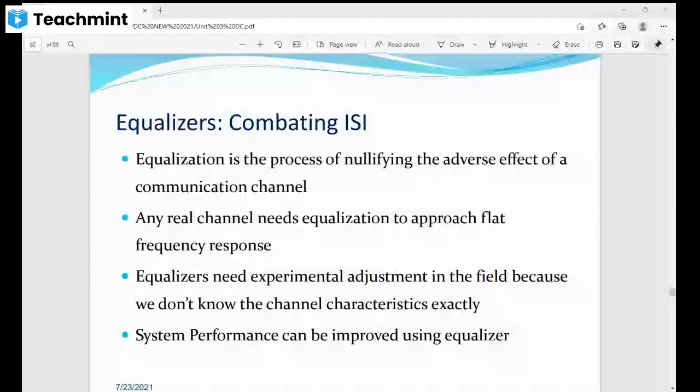First of all, for reliable communication to be established, we need to have quality output. Do you agree with this? It means for reliable communication to be established between transmitter and receiver, we need to have quality output. What do you think? Is it right?